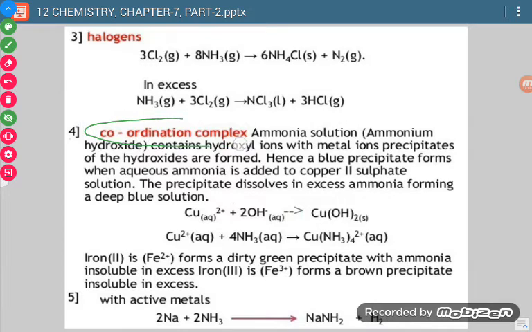Ammonia forms coordination complexes. This one chapter is there, coordination chemistry, which we are going to discuss thoroughly. So what is a coordination compound? It is a complex in which there is a central metal atom with which a large number of coordinate bonds are formed. Now see, if ammonia is there, then ammonia can form a coordinate bond with central metal atom. Okay. Now when it forms a coordinate bond with the central metal atom, then such compound will be termed as coordination compound.